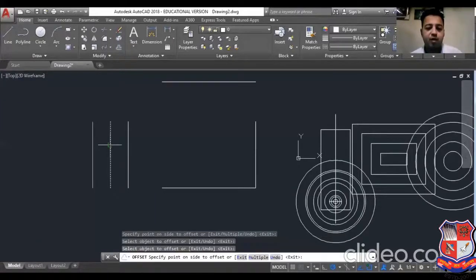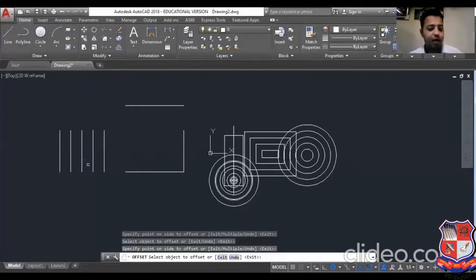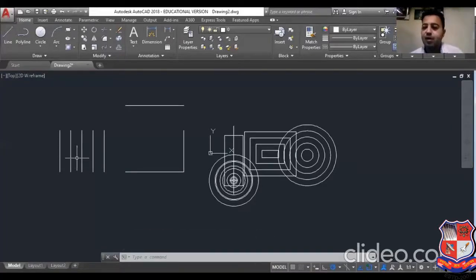In some drawings it is given that the distance between two center lines is this. At that time you would create one more line, copy that line and extend that line, etc. But here you can directly copy the object at a specific distance. So that is the explanation of the offset tool.